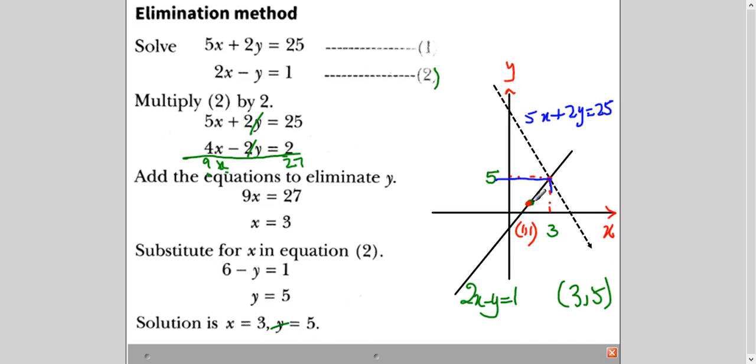So if I take one point which is only lying on this line, you can see here. So if I substitute here 1 and 1, 2 ones are 2, minus 1 is 1. It is satisfying here. But what about here? If I substitute here x and y, 5 ones are 5, 2 ones are 2, 5 plus 2 is 7. It's not 25. So it is not satisfying this equation, which shows very clearly that this point (1, 1) is not on this line. So this is the meaning of it, right?